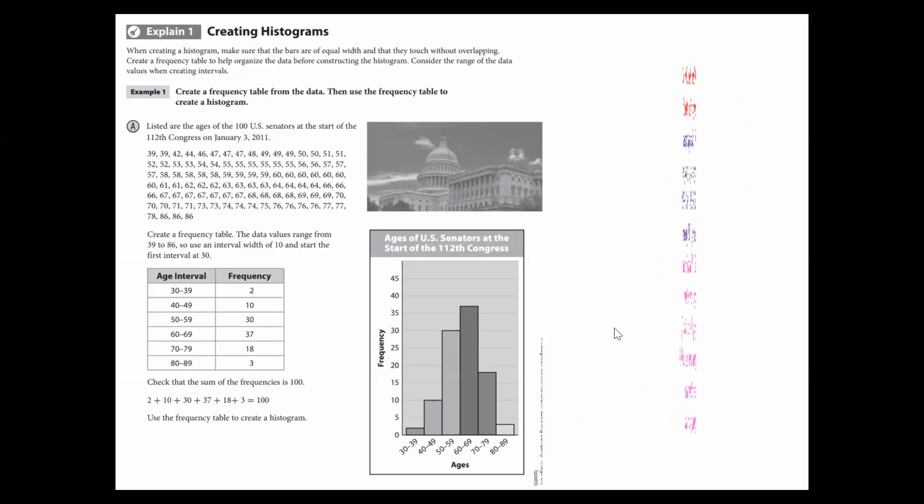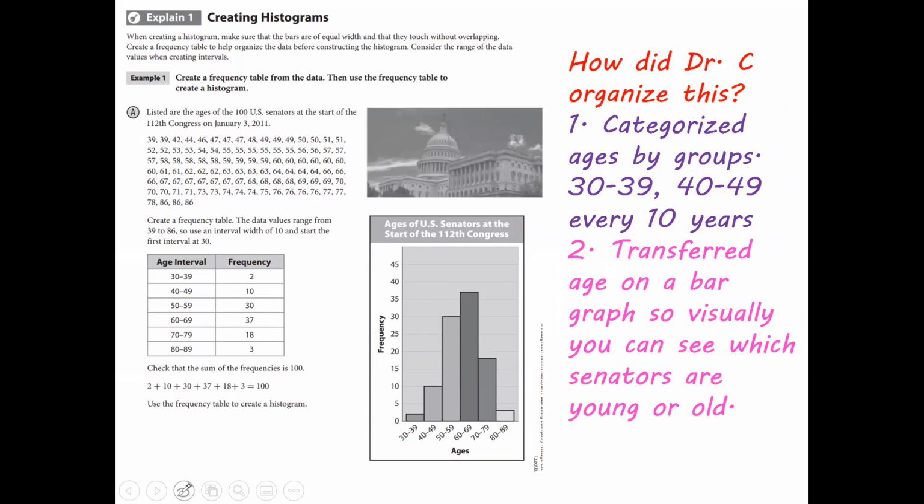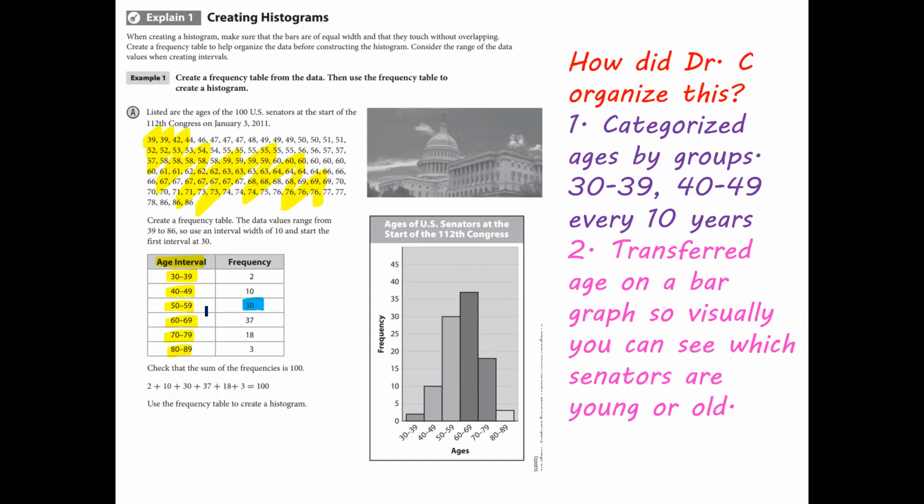Okay, so looking at this part right here, you should see that within these age groups there are a lot of people, and it's just a bunch of data. So we have to have a better way of organizing this besides just writing a bunch of numbers everywhere. And the way that this was organized is based on age interval. So every 10 years: 30 to 39, 40 to 49, all the way to 80 to 89. And these are the number of people that are in that age group. Like 30 people are between the ages of 50 to 59, 18 are between 70 to 79, 2 really young senators are between the ages of 30 to 39. And so once you organize it like this, you just go ahead and add everything up, and the total is